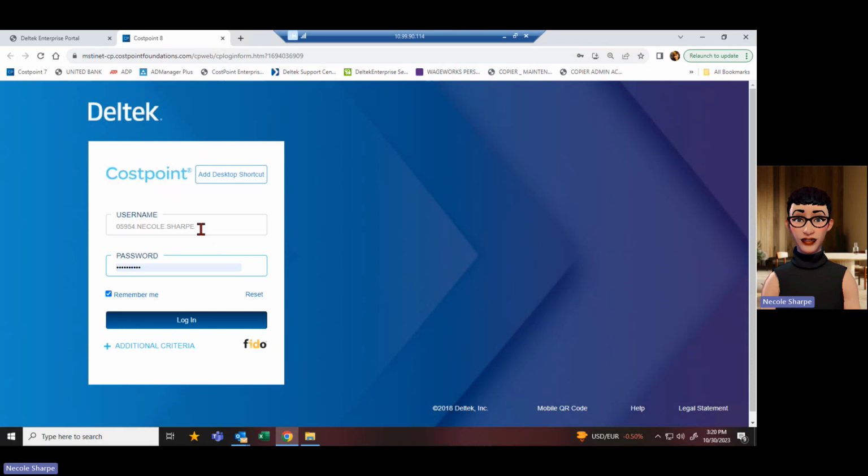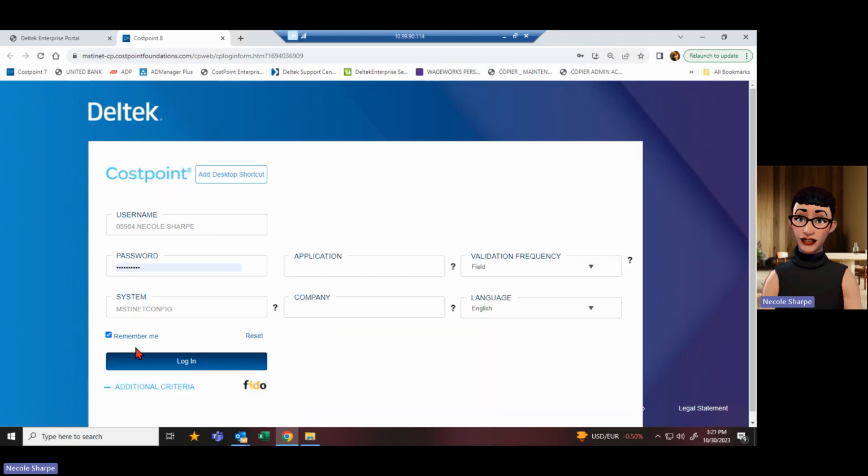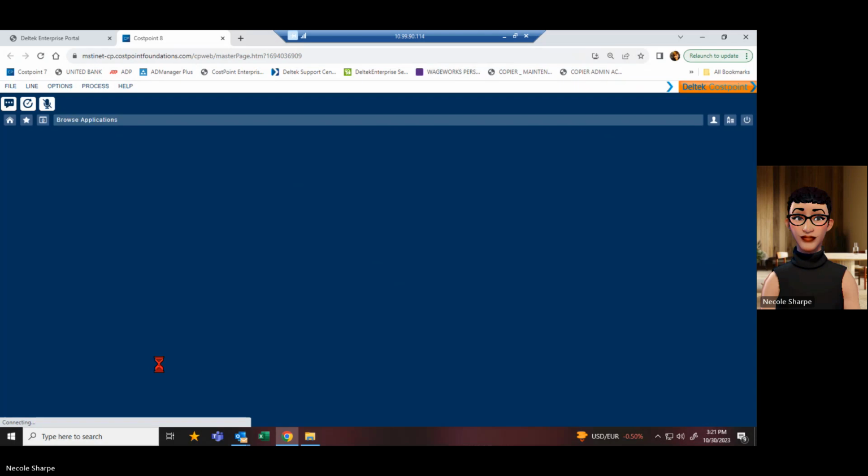When you click on that link, it will take you directly to your login screen, where you will click on additional criteria and follow that by entering your username, password, and system. Upon login,